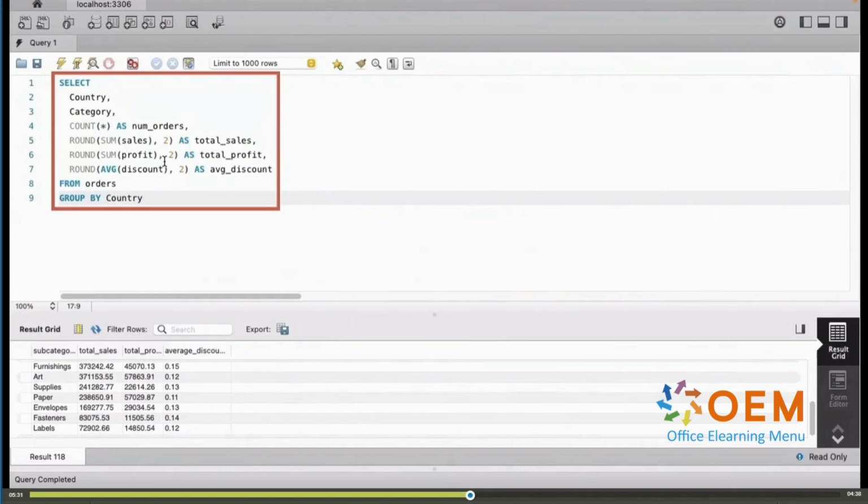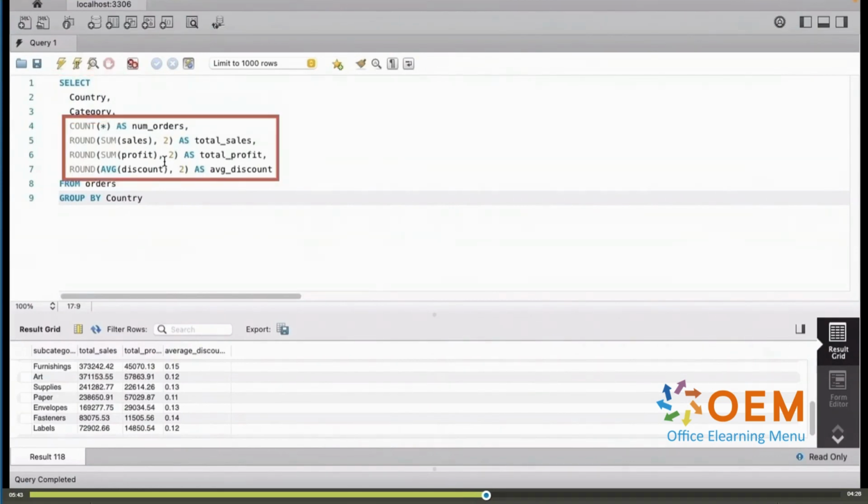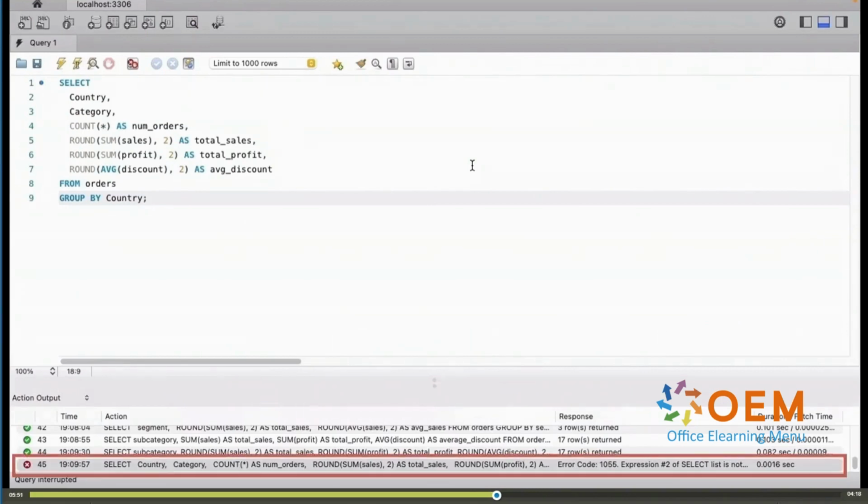You now know that it's the grouping that has changed. Notice on line 9, I group by country. Then in my select clause, I have selected country. I've also selected category. Let's say I want to view some category information. And then on lines 4 through 7, I perform a bunch of aggregations to compute total sales, num orders, and so on. You might say, okay, and you try and execute this query, and boom, there is an error here